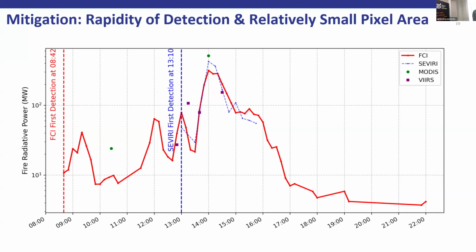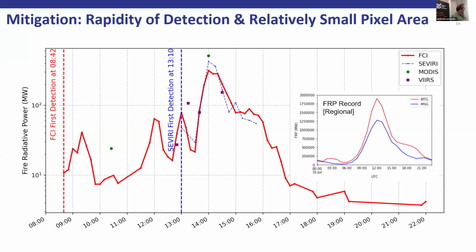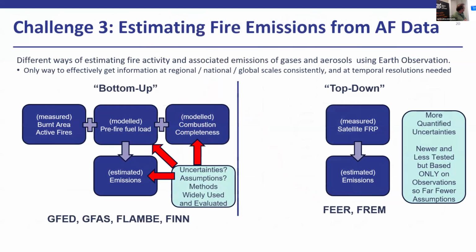But this one starts 4 hours before. So we saw this fire 4 hours before. I mean, detected it with an algorithm, not visually. And we haven't even tweaked this algorithm. It was just basically the Meteosat second generation one we applied to it. So it's fantastic. So I think fires in Europe and wherever else this instrument can see, mostly Africa, are going to be very, very well monitored.